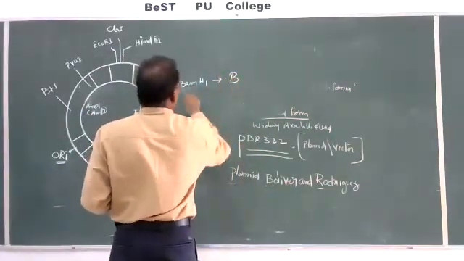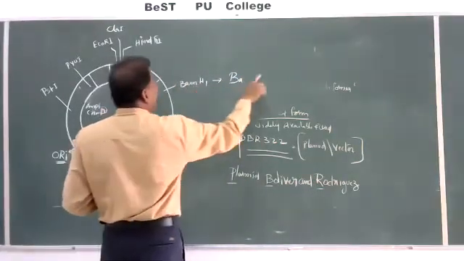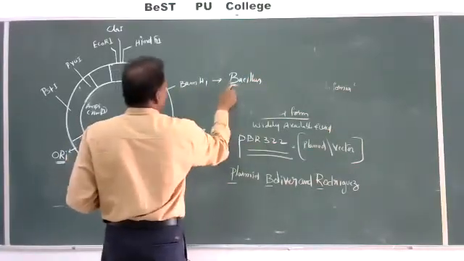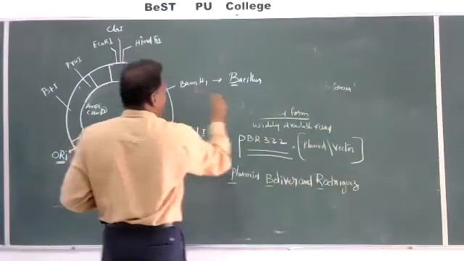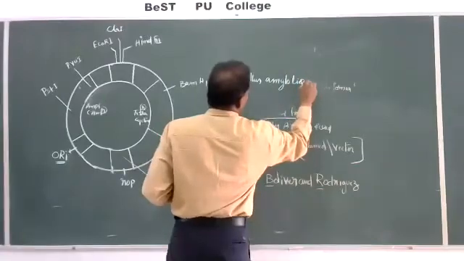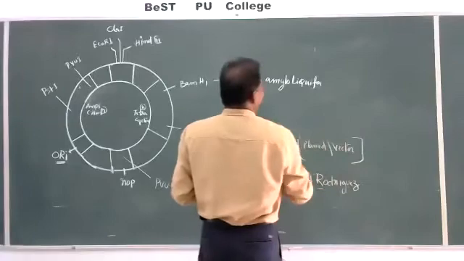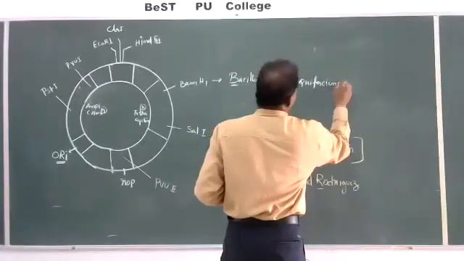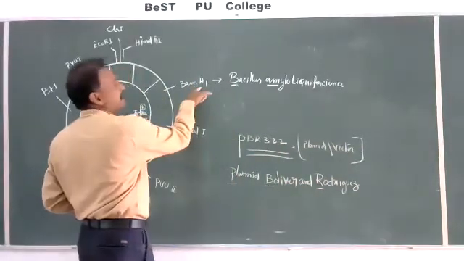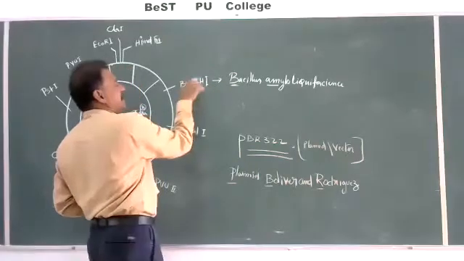BAM, B stands for Bacillus amyloliquefaciens. Bacillus, B, is the genus name, AM is the species, then the type of the bacteria, and one serial number of this enzyme in that bacteria.